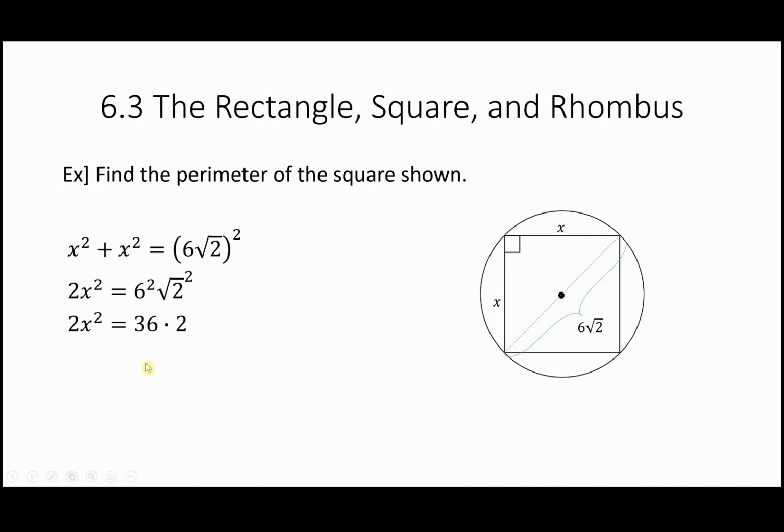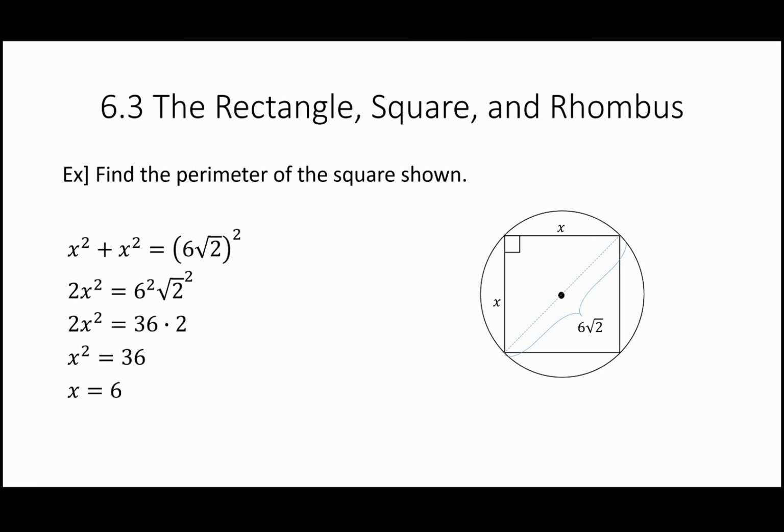Okay, at this point, you can either multiply the 2 and the 36 to get 72, or you can recognize that on both sides of your equation you have a factor of 2 that can be canceled out. That's what I would recommend that you focus on: just divide both sides by 2, and then you will get x squared equals 36. Now, 36 happens to be a perfect square number, so if we square root both sides, we shall get x